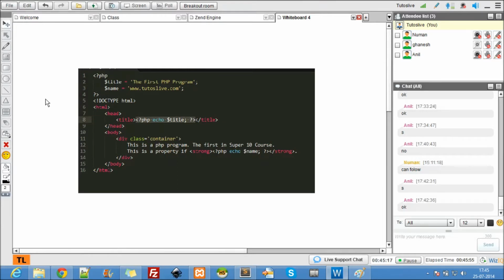So yeah, coming to the point here. Whenever it encounters the script, it is separated. Okay, this will be separated, this will be separated, and this will be separated. And what it does here is, this is the first PHP code, this is the second PHP code, and this is the third PHP code.